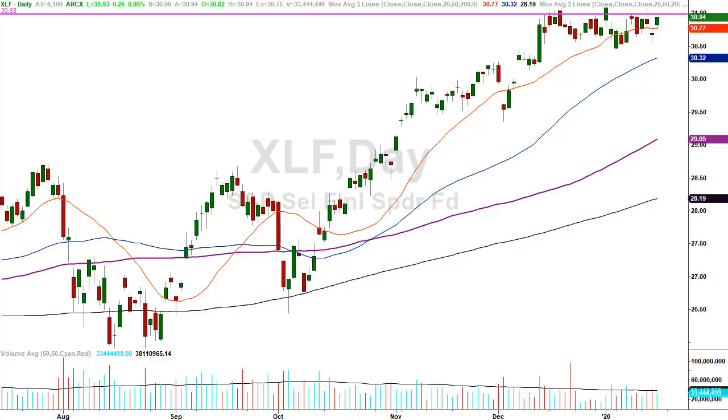Now, can it fail? Absolutely it can fail, but we don't count on a failure. We look at what's going on, we call it a duck, and we say under normal garden variety market conditions, using the 80-20 rule, 80% of the time, what's going to happen when the chart looks like this is, it's going to continue going up. That's the duck. How does the duck get plucked? Well, for starters, closing a day below $30.25, which is the breakout candle low. If that happens, we'll have a discussion about what's going on at the time. Until and unless that takes place, the duck is calling for higher prices.